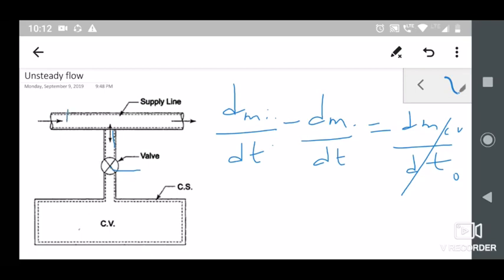For this flow, let us consider the properties as u1, p1 and v1. When the valve is open, as you know, this is your control surface and control volume. To calculate this, first let us go with the initial properties to calculate your initial energy, and then the final energy, and then we'll apply the first law for the process. So here, initial energy